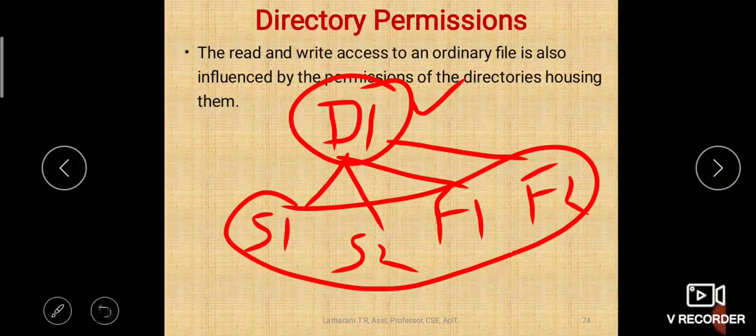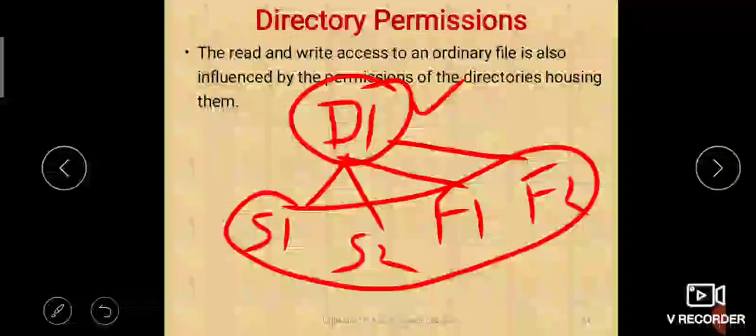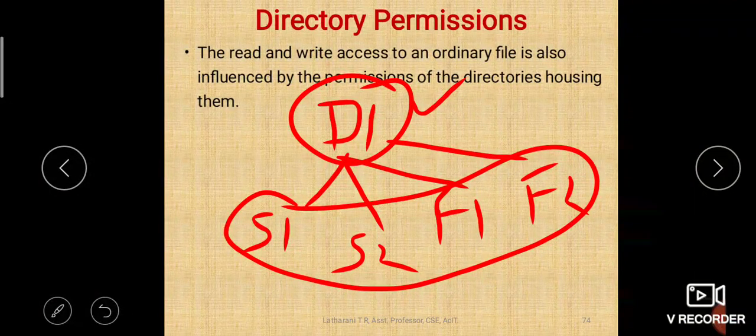Are you getting? So let us say a faculty has a class for 5th B, and I can take the class for 5th B. But if the HOD says don't take class for 5th B, then I should not take it. I am ready to take it. The 5th B students are ready to listen. I have prepared all my material. I have come to class and I am ready to take it.